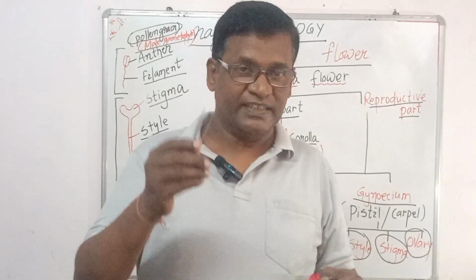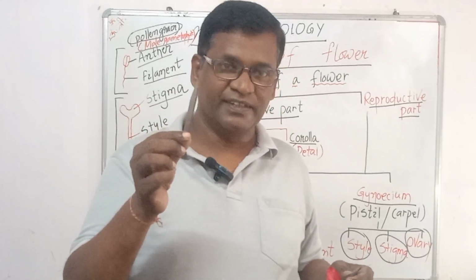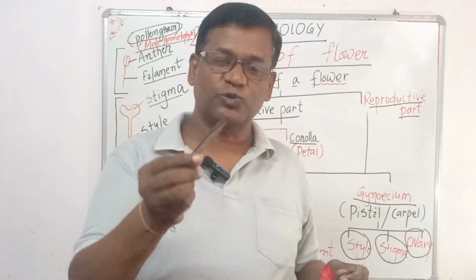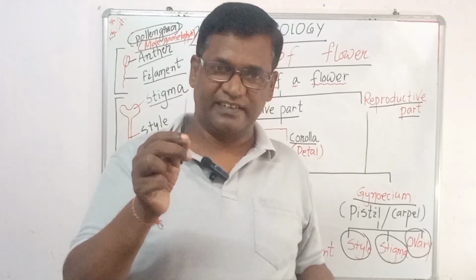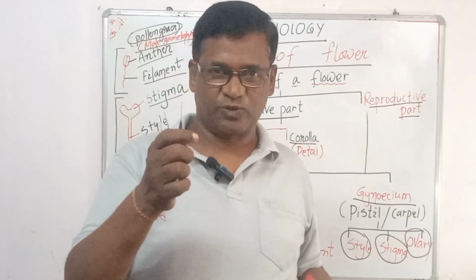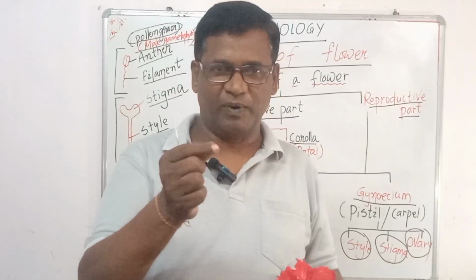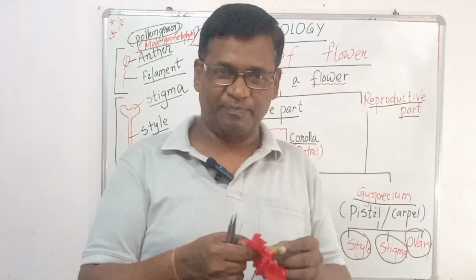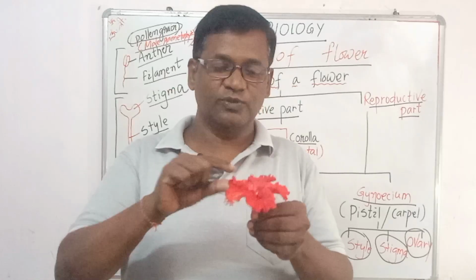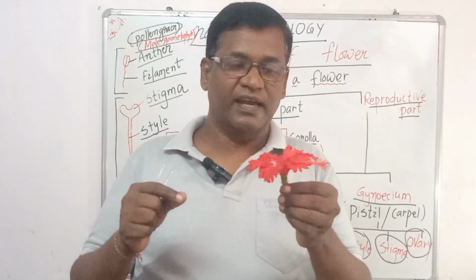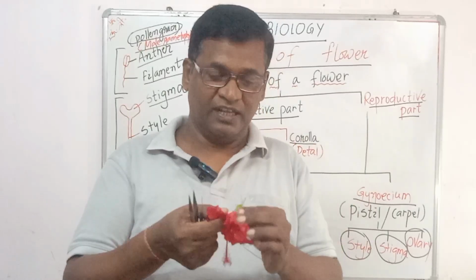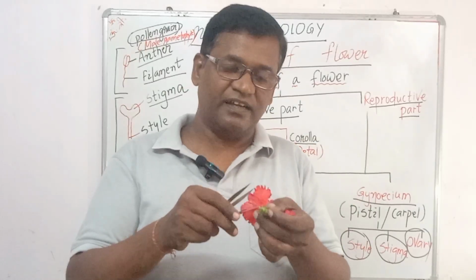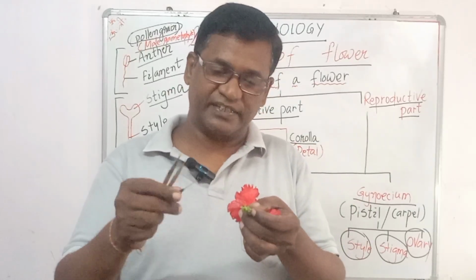Now, my dear friends, what is this? It is called the forceps, because to take something we need this instrument, and this is a needle. With the help of these instruments, we are doing a small demonstration to show the different parts of the flower. This is a hibiscus, and in this hibiscus flower I want to show all the parts that you discussed. First of all, there is a long structure attached to the stem, that is called the